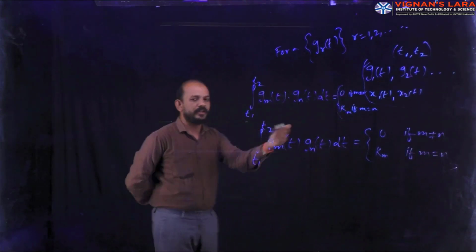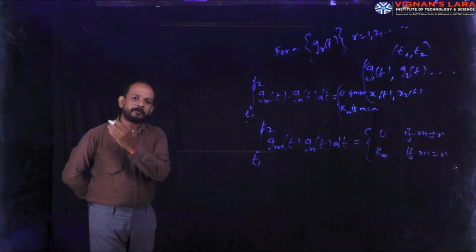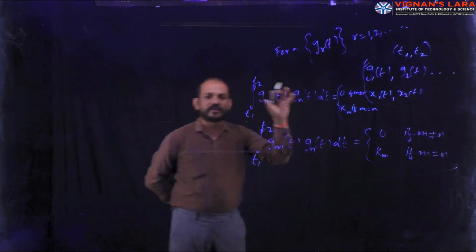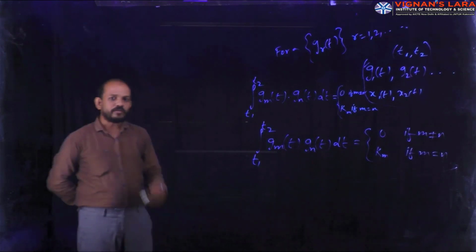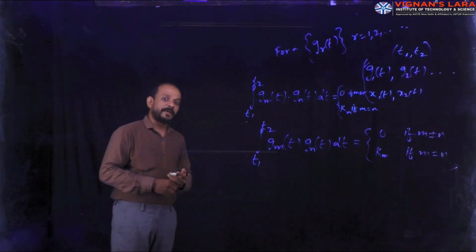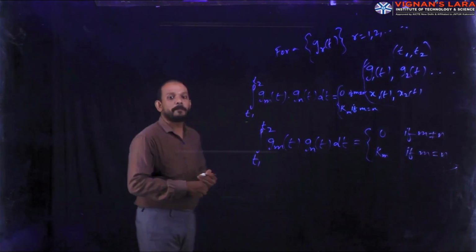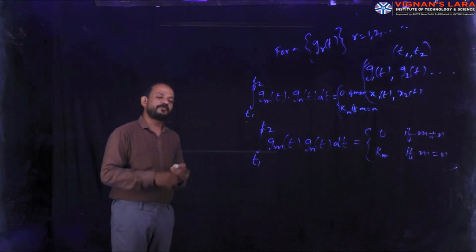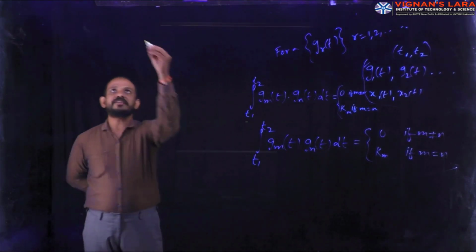So this is the final equation for all the explanation that I had given in the previous classes. These are all regarding real functions; for real functions we can write like this. Now we are moving on to the next one, complex functions. How will orthogonality take place in complex functions? That is today's topic.